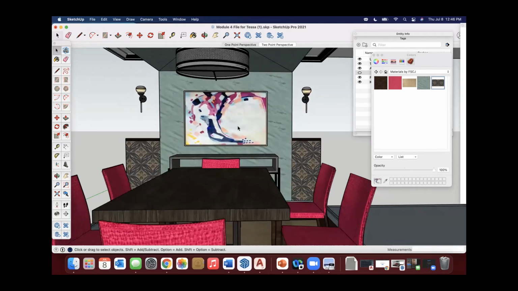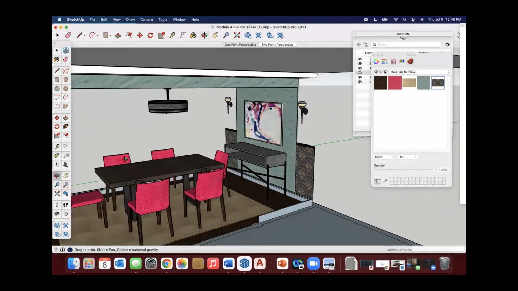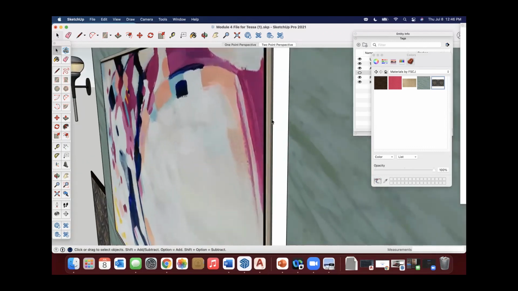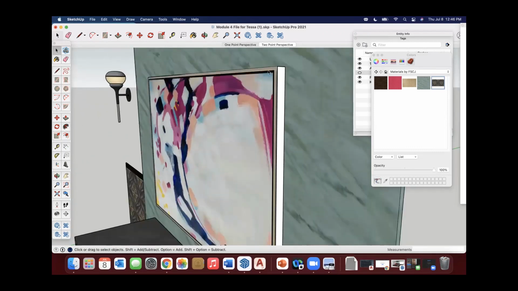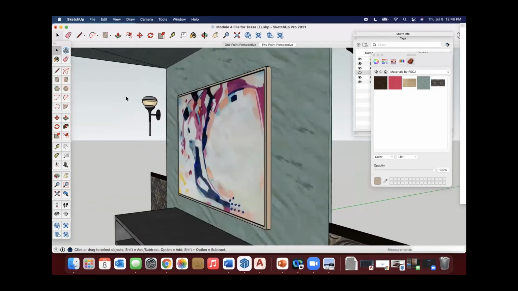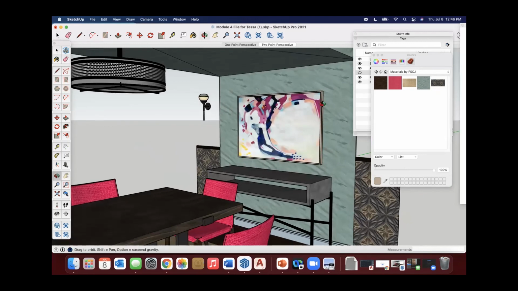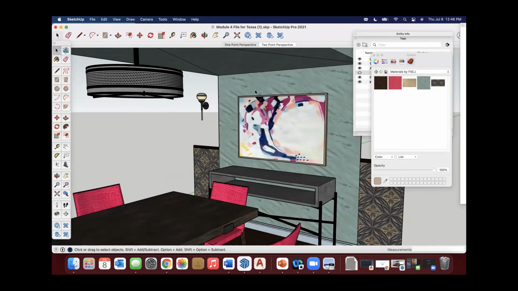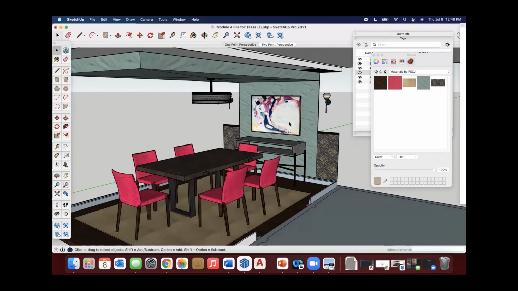It's complementing the fabrics and materials that are already applied in this model. And if you want, just like we did previously, since I don't know this exact color, I can take the paint bucket tool and select the sample dropper and sample this and make it blend in. So now it doesn't stand out as if it's got a white frame. It blends into the frame that's intended to be here. And so for this video, this is where I'm going to stop. And we're going to work on scaling materials in the next one.